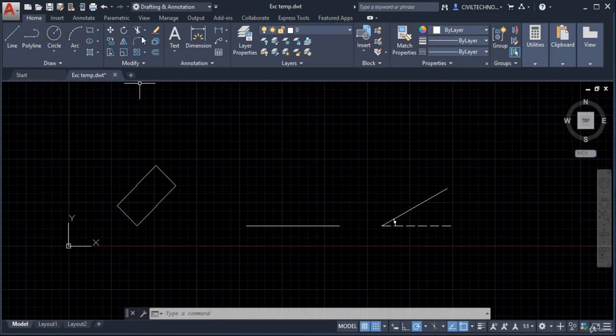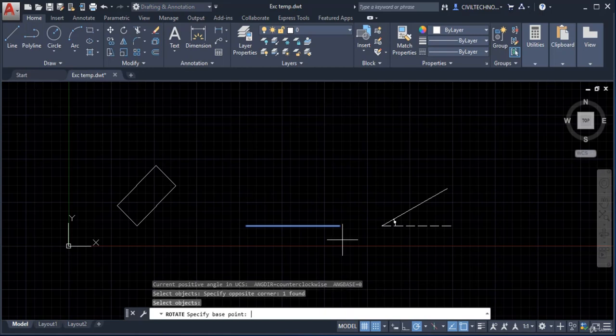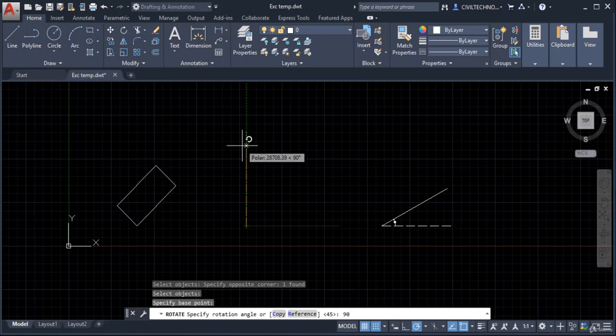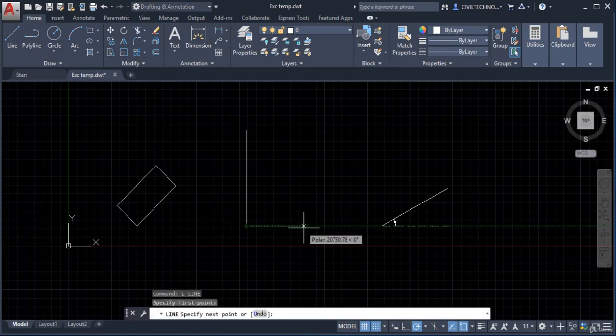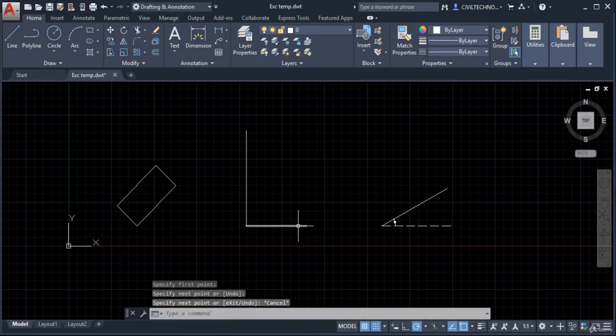So I will go here, and in the rotate option, I will select the particular object. I will hit enter and again give this as the base point, so I want to rotate it along this, okay? And this time I want to rotate it by a 90 degree angle. I will hit enter, so it is completely vertical right now, okay? Because this was the point along which it rotates, okay? This is the 0 degree point and from here it is 90 degrees. Now let me delete this one.